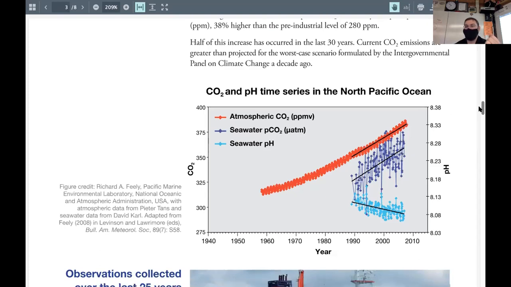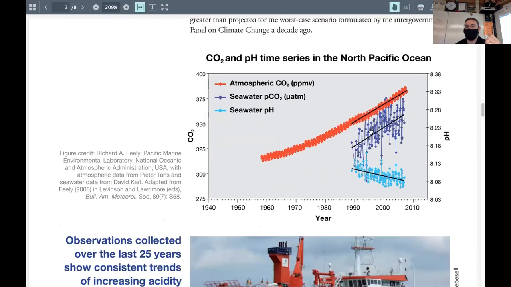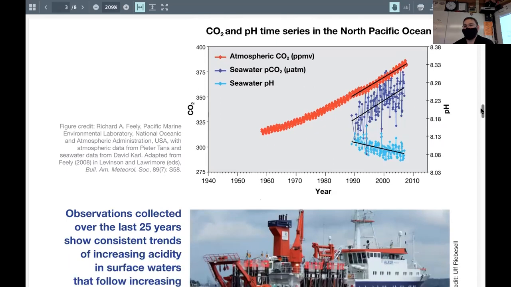At the same time, that additional carbon dioxide in the ocean causes the pH to drop. So the ocean pH also steadily declines. In other words, the ocean is getting more acidic as the amount of carbon dioxide grows in the ocean. That's as a result of increasing carbon dioxide in the atmosphere. That's just directly measured, and we've been very carefully and directly measuring ocean pH and CO2 concentration since the late 1980s. And it's not a surprise what's happening, and it's